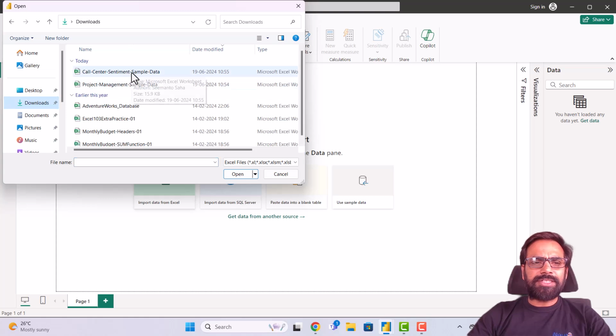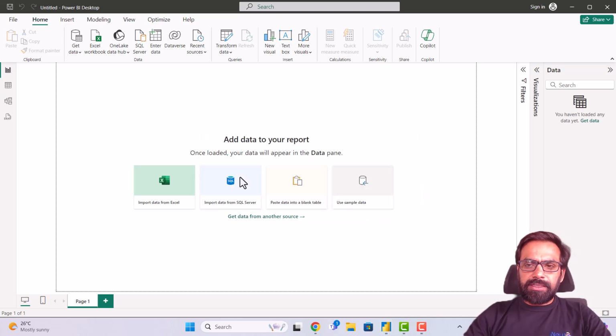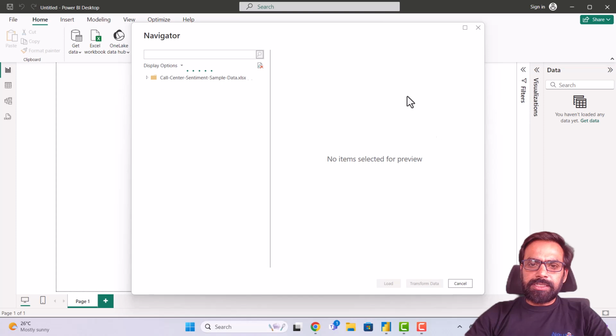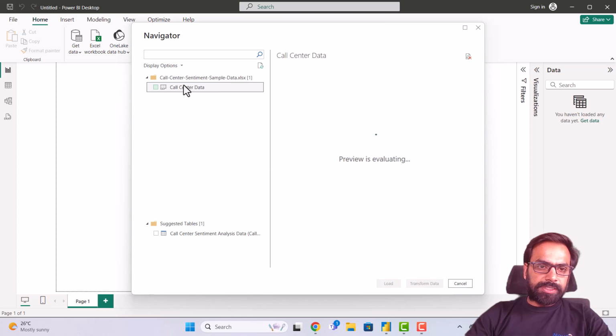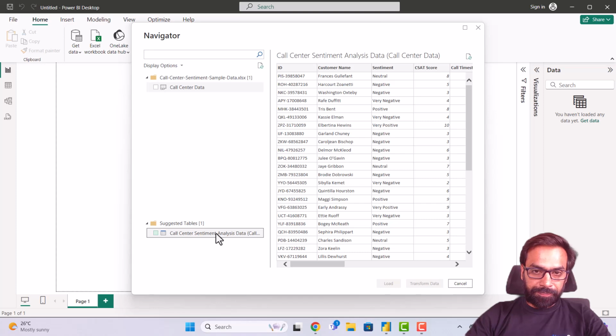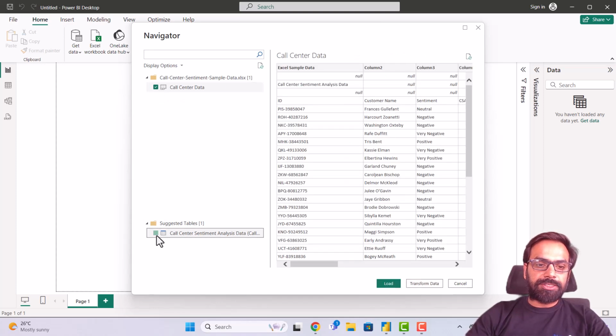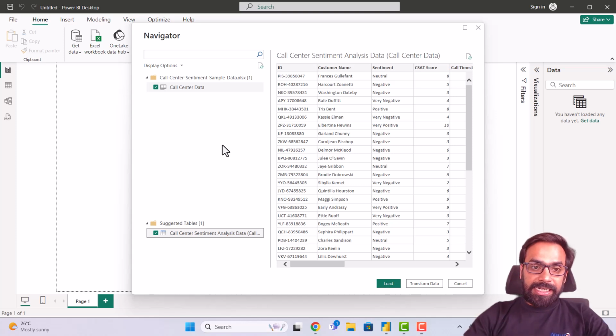Right now let me go back to Excel and go to downloads over here. Let's just take any data over here. Let me take this particular data, call center sentiment analysis. Now this is an option which comes up over here, which says that these are the two things that we have over here. One is call center data, which is your original data, and this is the suggested data. Let me take both the data over here